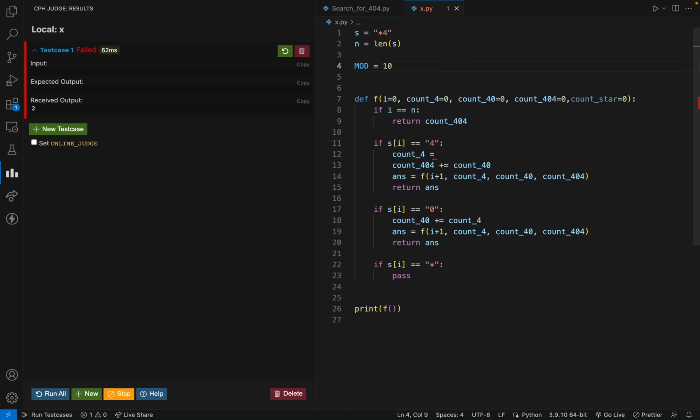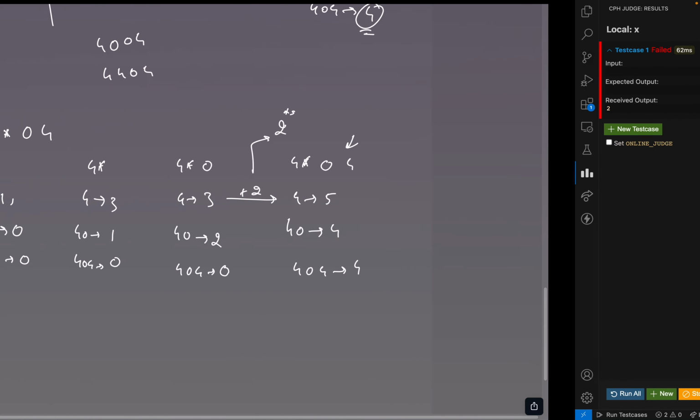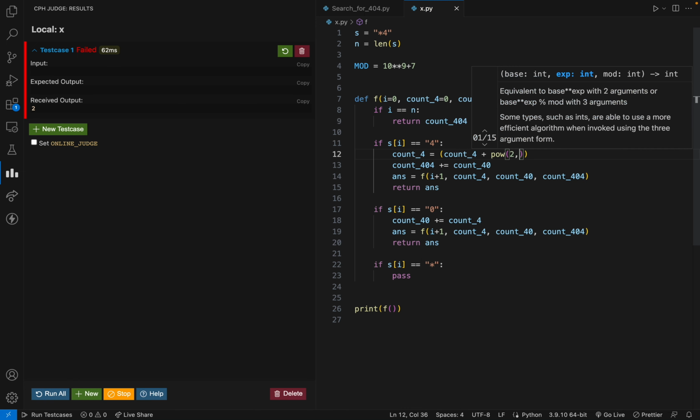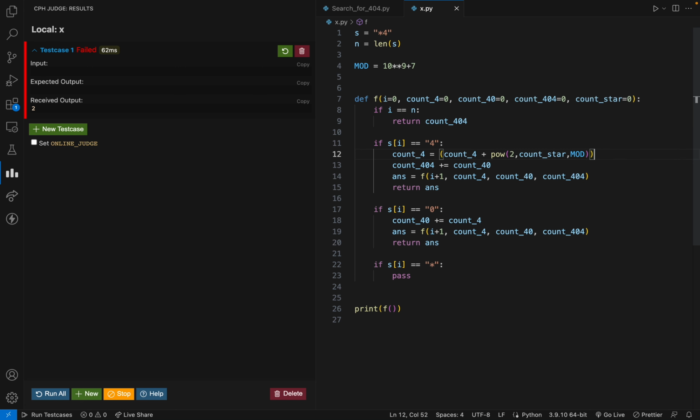So mod is equal to 10 raised to the power 9 plus 7, right? So count 4 is going to become count 4 plus 2 raised to the power count star, and I should also finally take a mod. Okay,